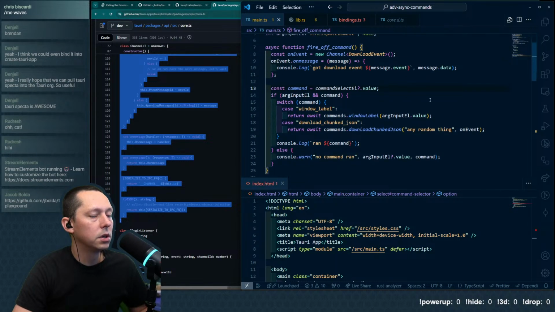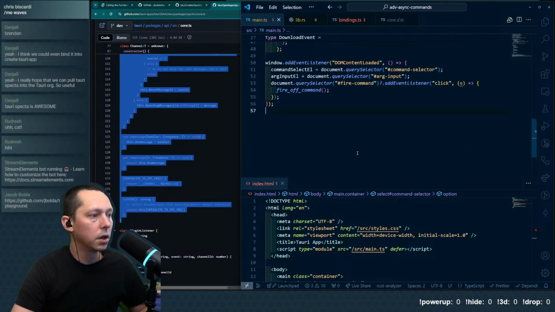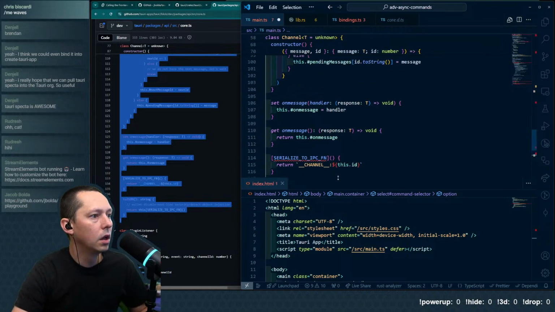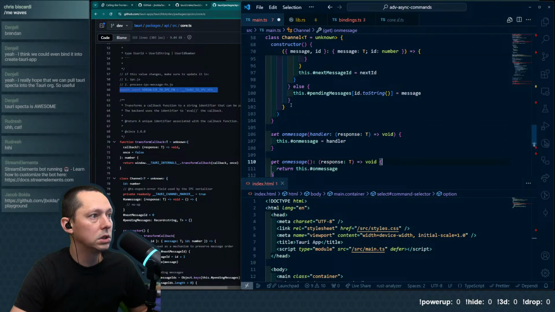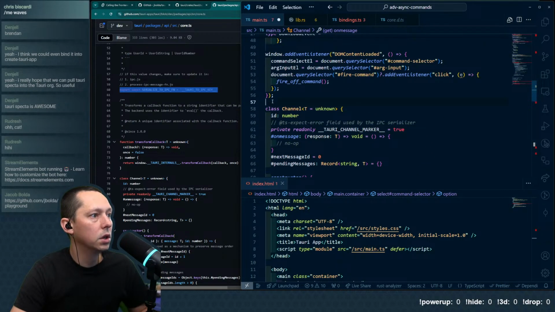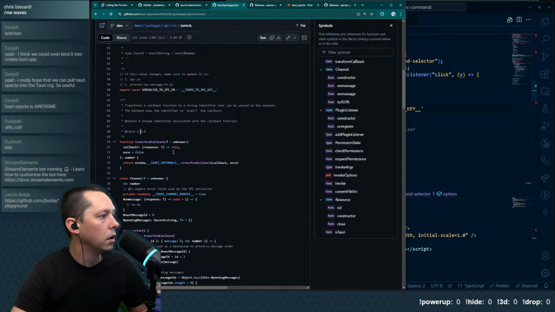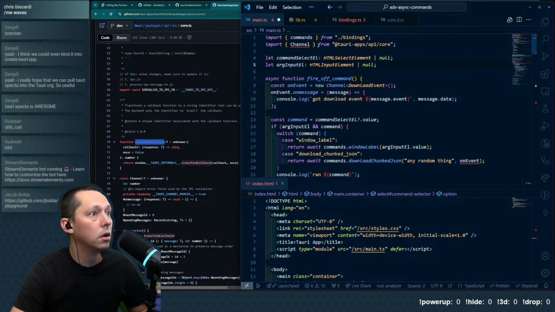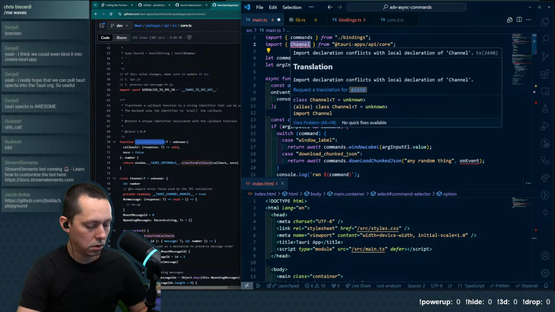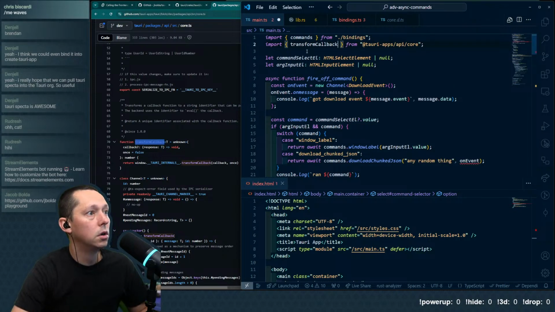This is going to get potentially a little ugly. Let's just dump it right at the end. And we need the serialized IPC function key. And then we need transform callback. Transform callback is a function that is exported. So we can then do this.